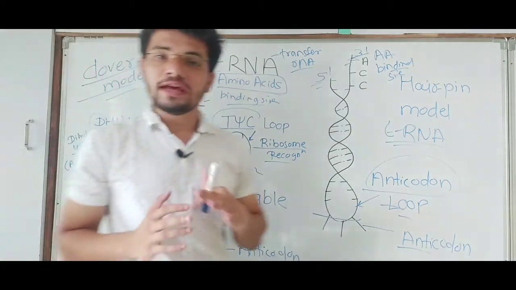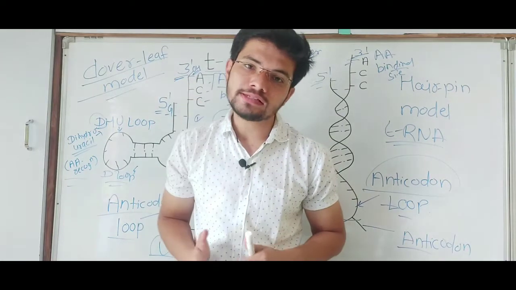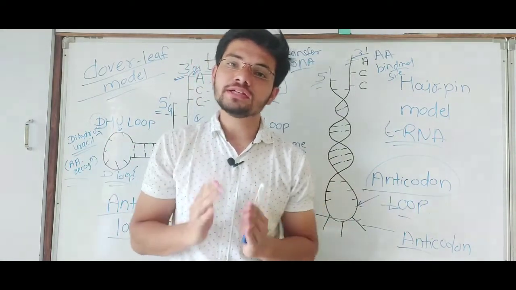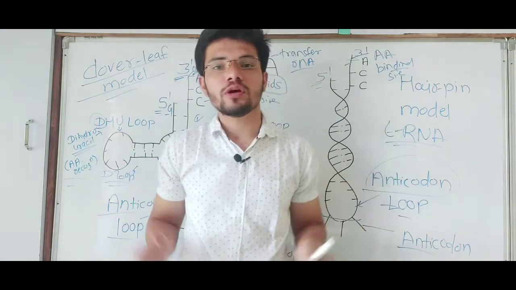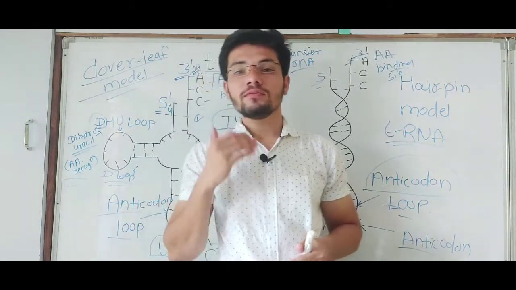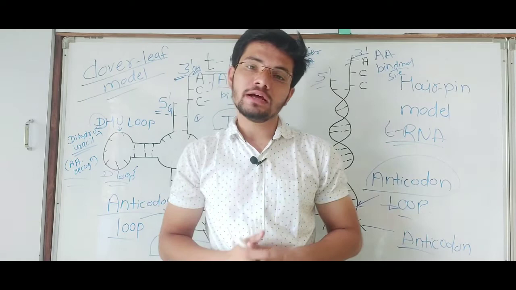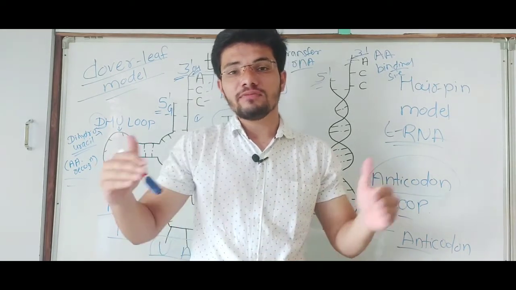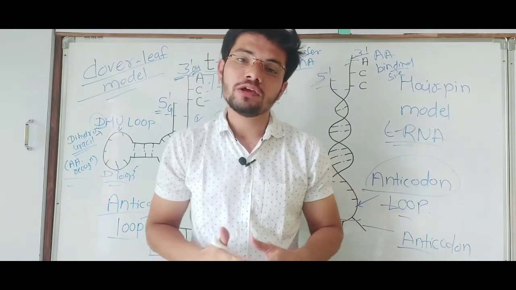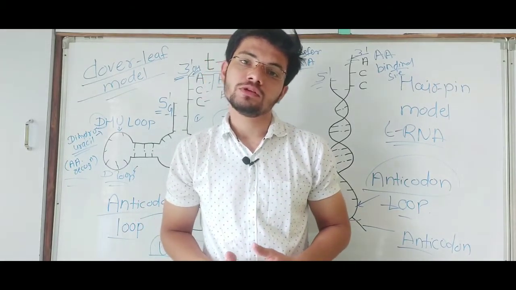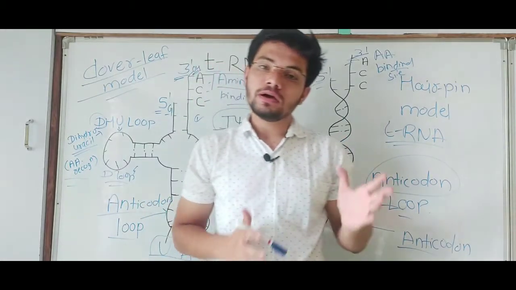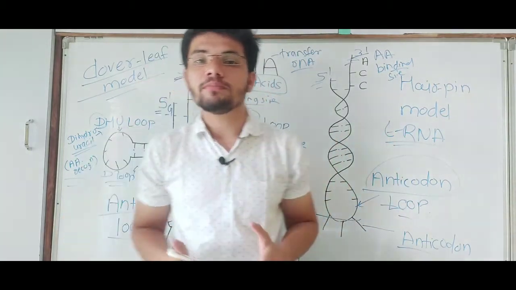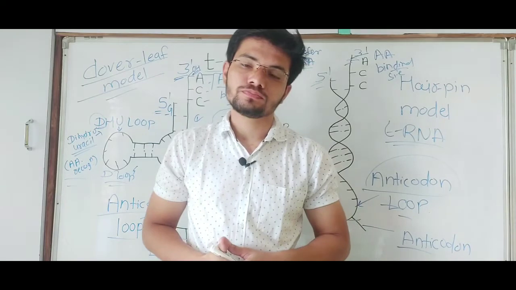The main function of tRNA is to transfer the amino acids and bring them to the ribosomes, where they will bind to each other and make the whole chain of amino acids, which we call a polypeptide chain, and that chain will get folded to form a particular type of protein. So in this way, in the process of protein synthesis, tRNA plays a very important role.